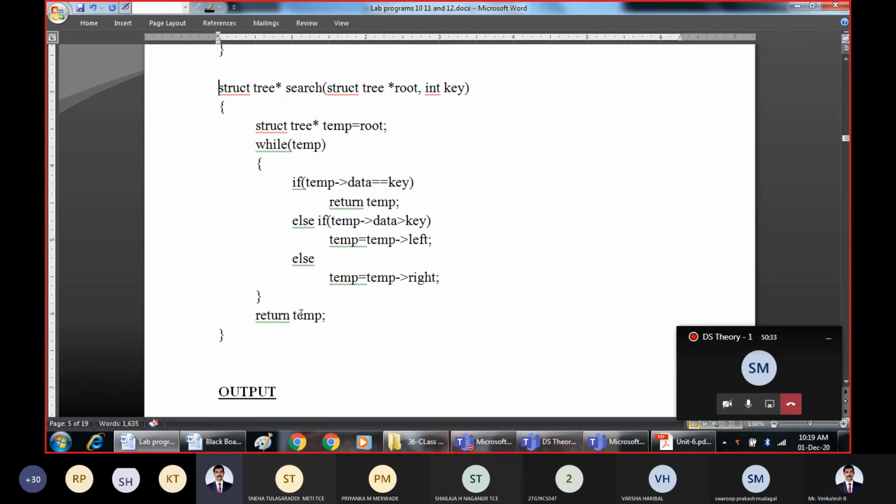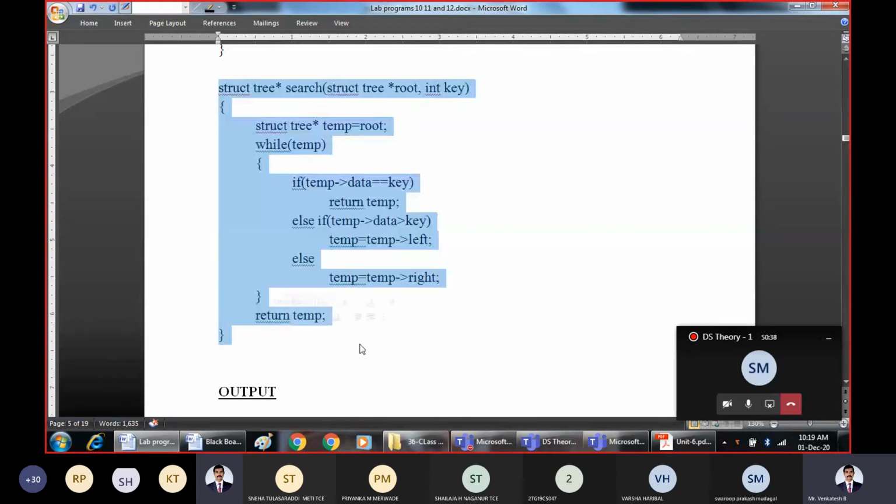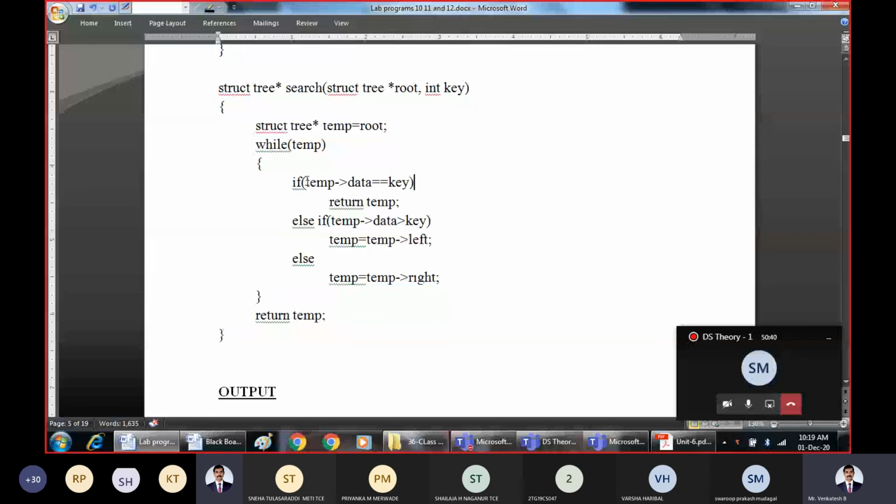Now search, which we have studied just now. In today's class we studied this search function. What was search telling us? Three possibilities. Either the very first node is equal to the key element, or the key element is greater than the root node, or the key element is less than the root node.